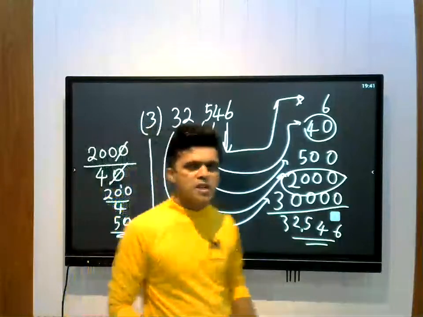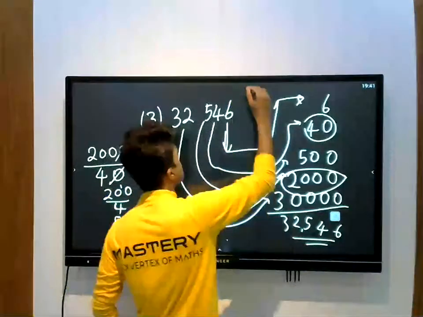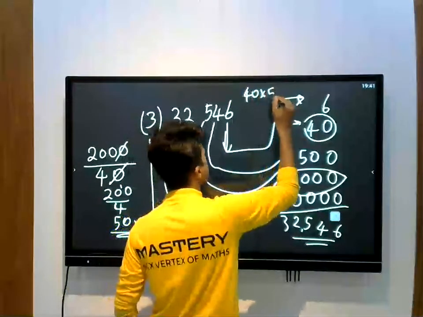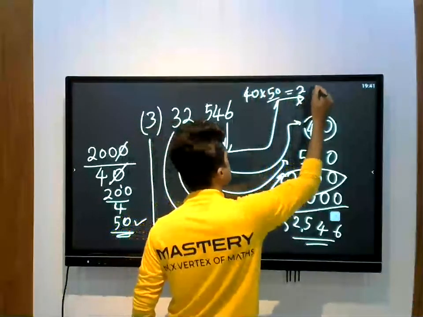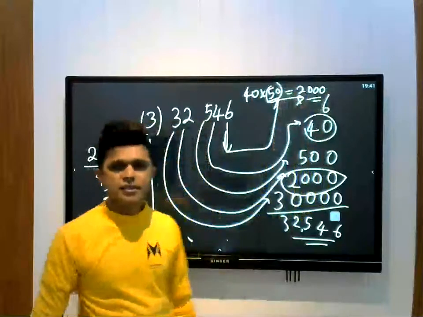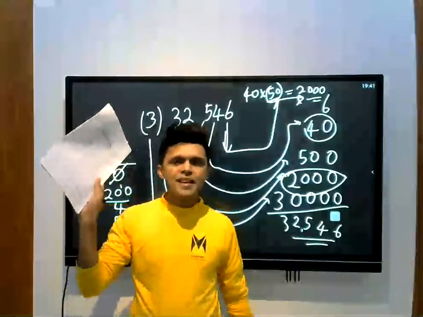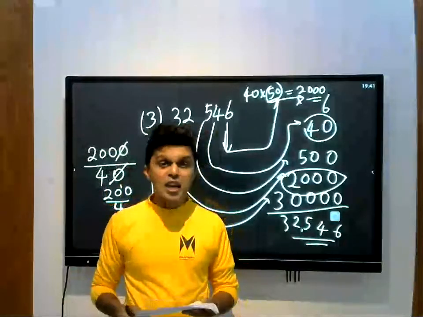So which means when you multiply 40 by 50, you are able to get 2000. That is the answer here. I mean, 50 is the answer, right? Just to check the question, third question. Here is a very valuable question.